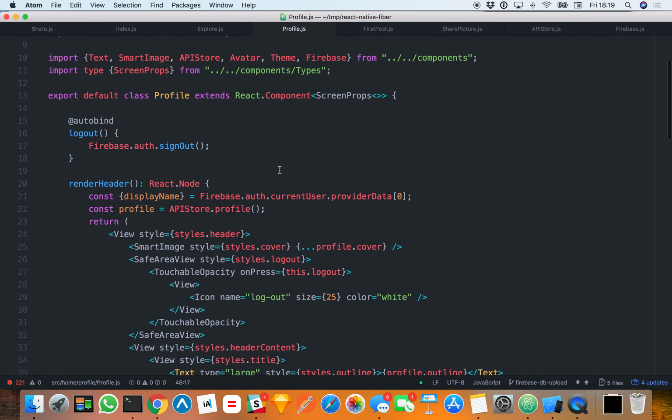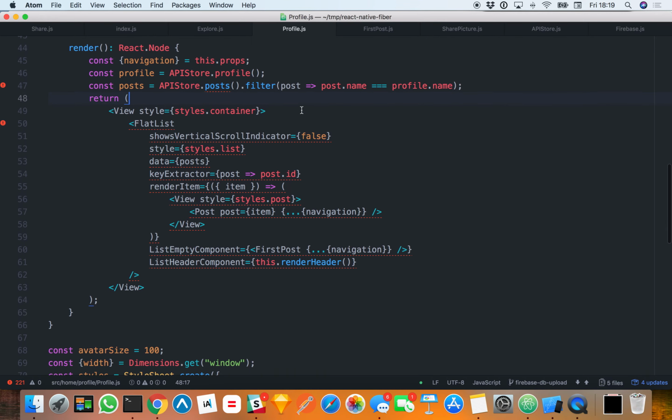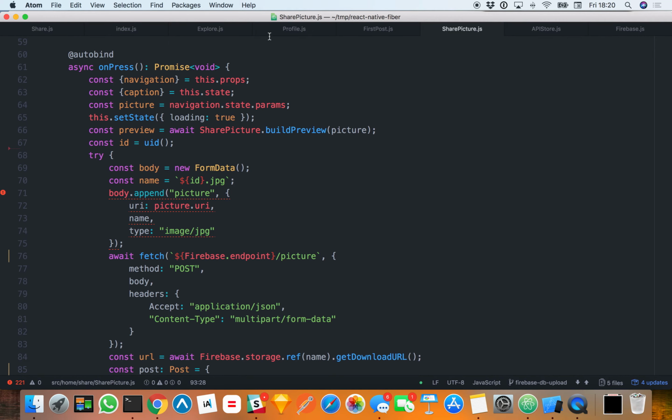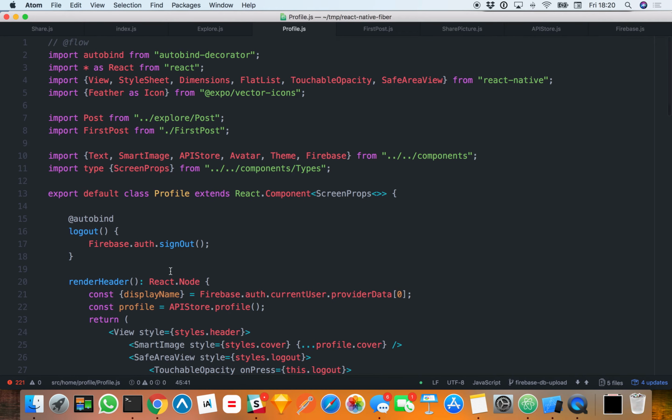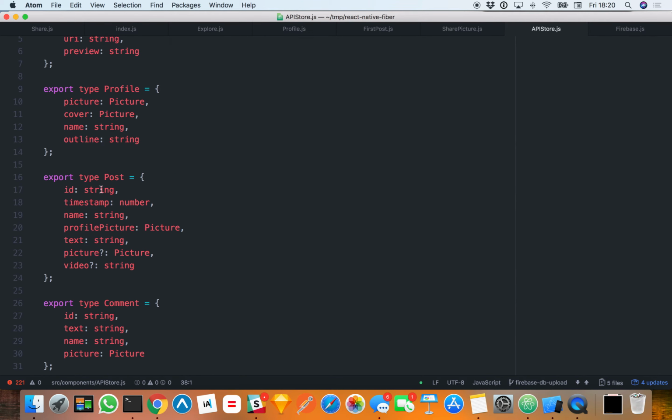So essentially for the profile page we're gonna do the same thing, and we just do a filter on the post. We only want the ones where the user ID matches, which makes me think that we need to store the user ID in post. So if we go into API store where we define the data model, we don't have the UID of the user, so we don't know yet which post belongs to whom. So we need to add a UID field,